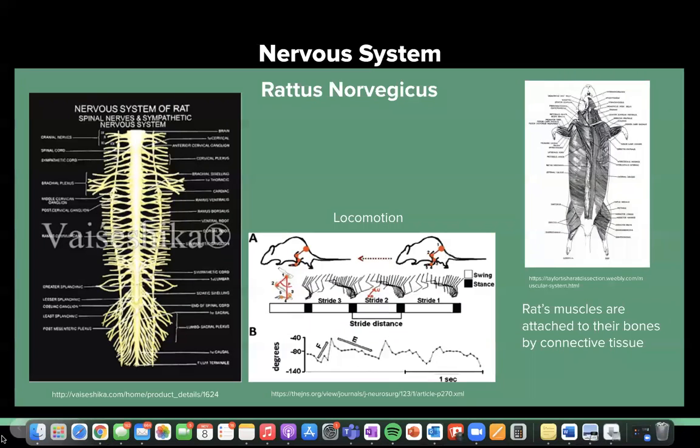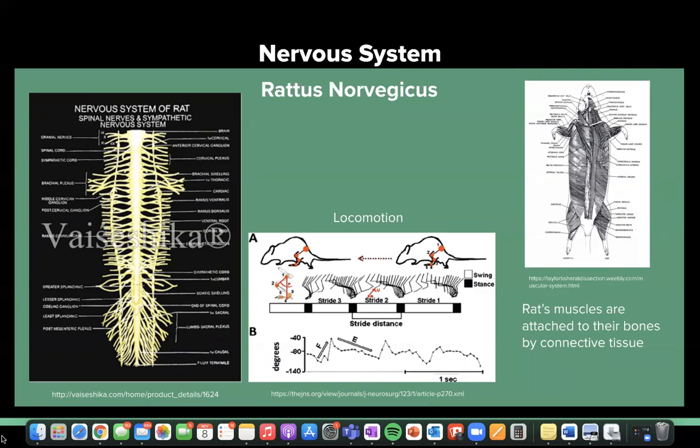So the nervous system of the rat includes a brain, and the cortex of a rat's brain is smooth rather than wrinkled, as in humans. Their spinal cords are rigid and attached at the joints by cartilage. They have 12 cranial nerves that originate from their brain and brain stems, each with specific functions for their different senses in their bodies. They have spinal nerves, which include 8 cervical, 13 thoracic, 6 lumbar, 4 sacral, and